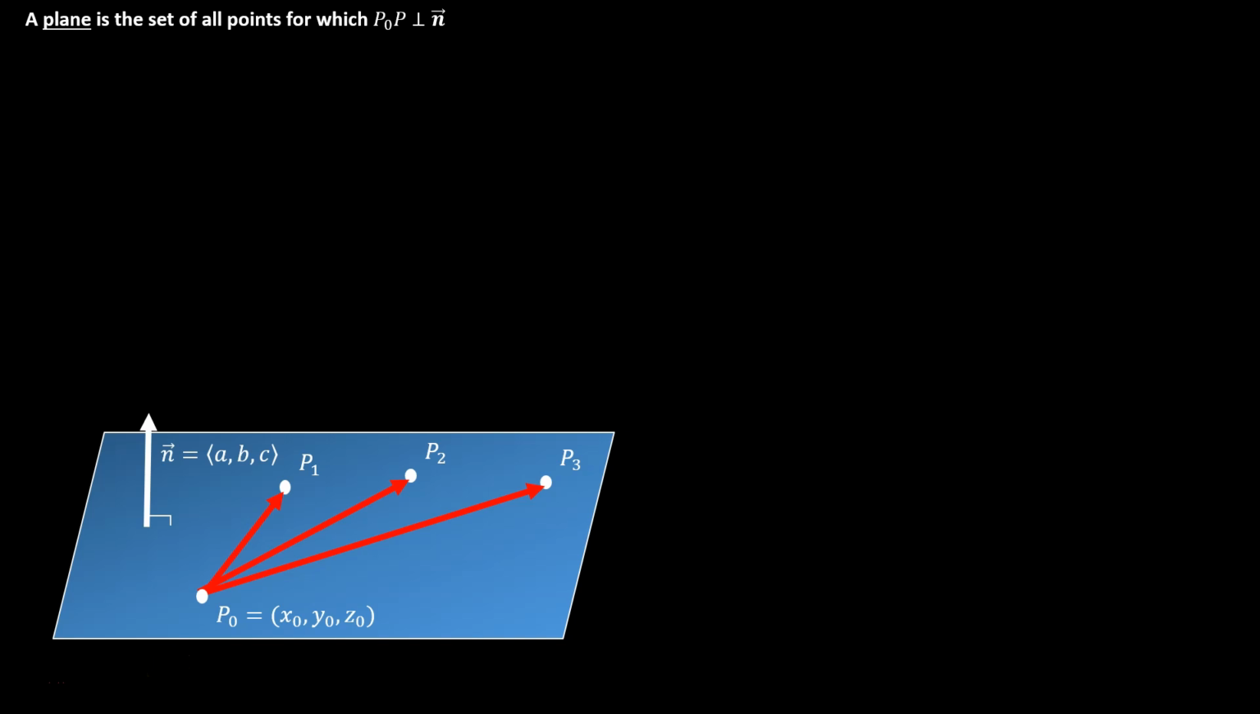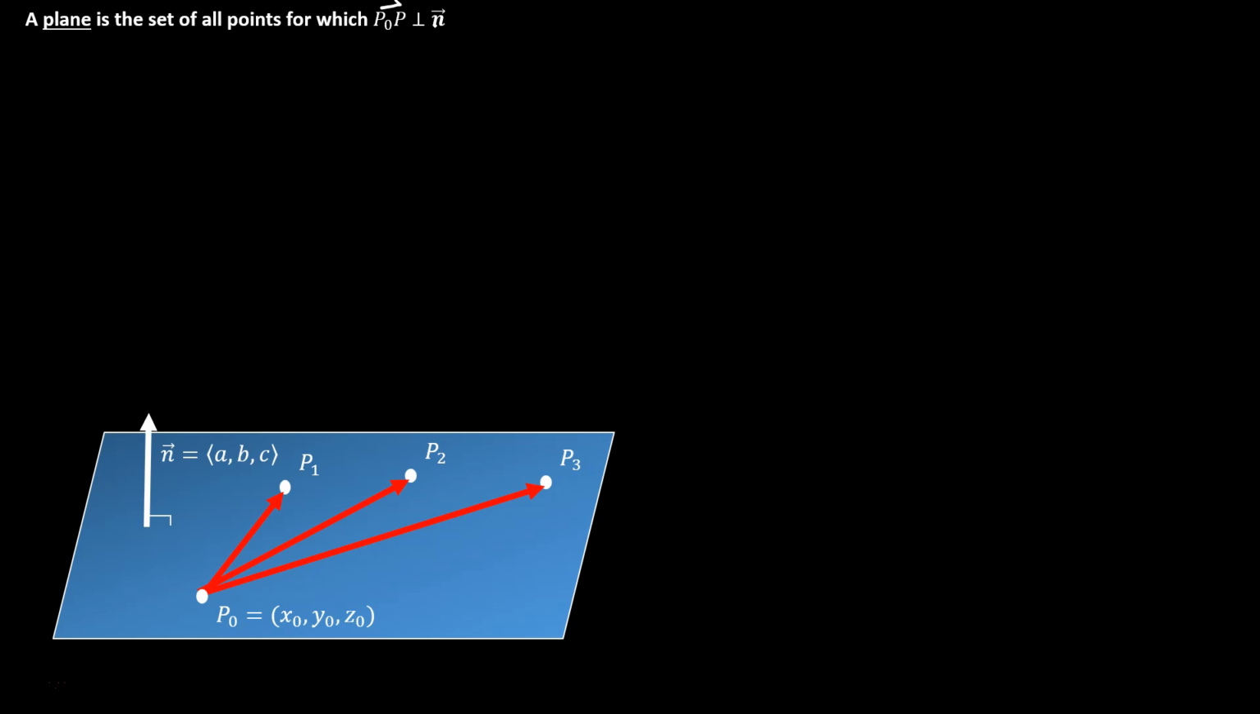Now let's talk about equations of planes. A plane, by definition, is the set of all points for which any vector P0 to P is perpendicular to some specific vector n. Now this is pretty similar to the definition of a line, but there's some differences, so let's make sure we